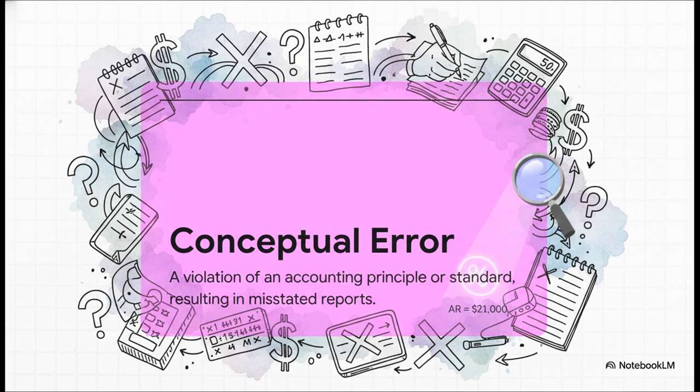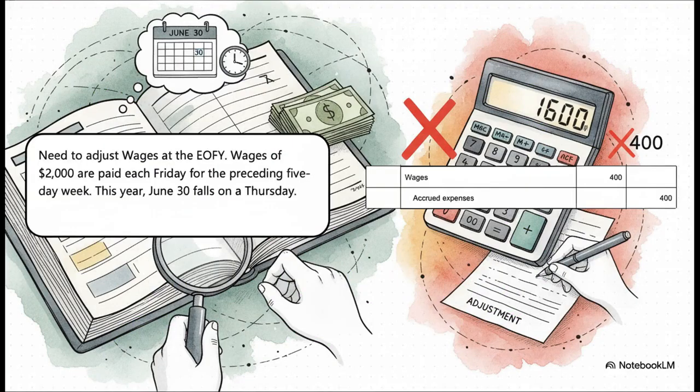They looked at an accounts receivable balance of $21,000, knew they needed a 5% provision, but then completely misapplied the net difference method we just talked about. They didn't account for the existing unadjusted balance properly. Your job? Just spot that error and recalculate the correct adjustment. Easy. Here's another clue, this time from the accruals bucket.